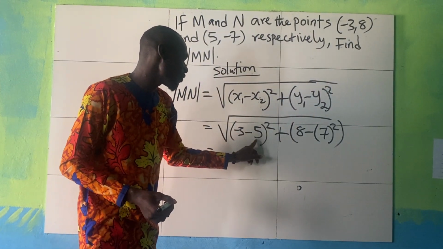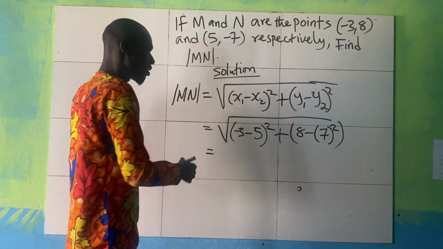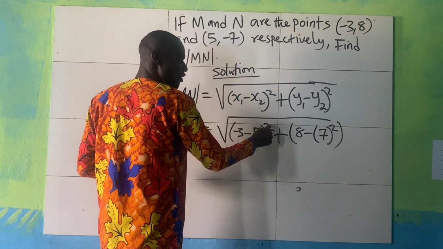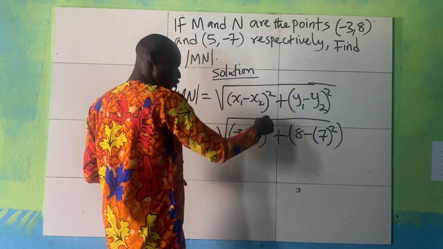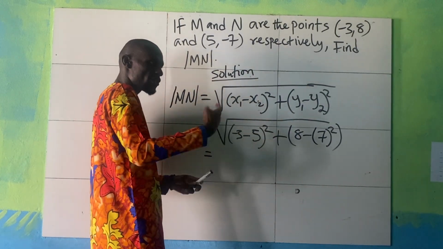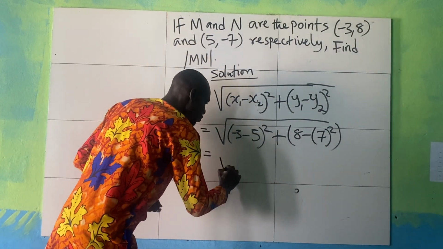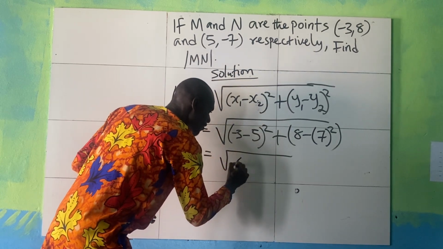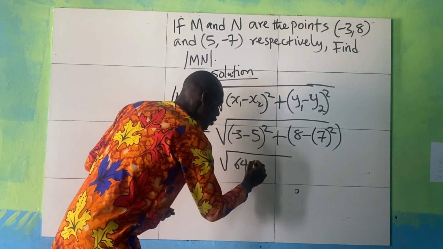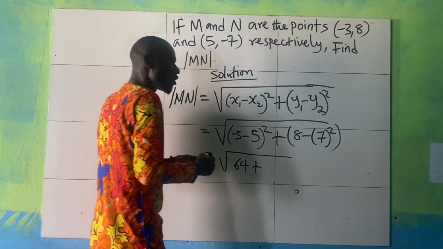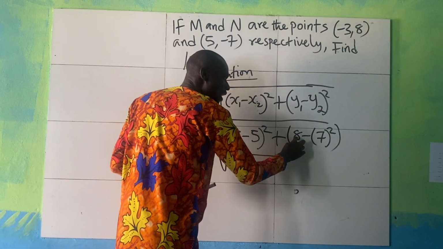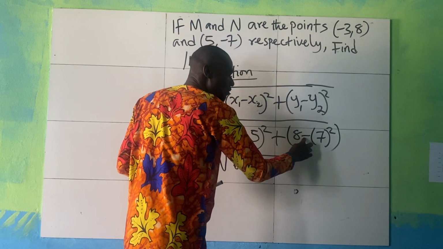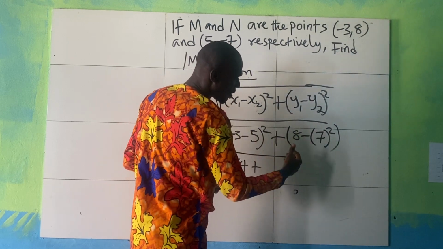Minus 3 minus 5 is minus 8. Minus 8 raised to the power of 2, that is square, will give us positive 64. So we have the whole of this as positive 64 plus, now let's see what we are going to have here. 8 minus, let's first of all deal with